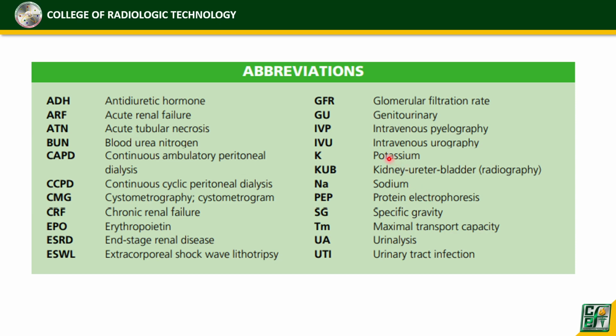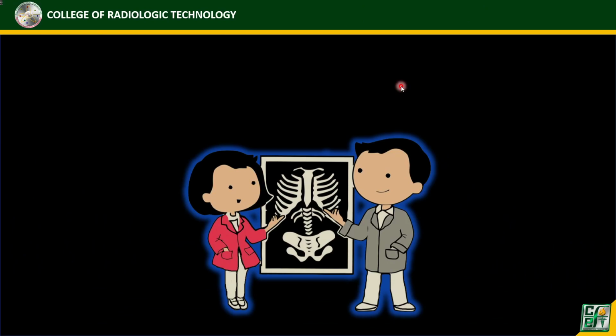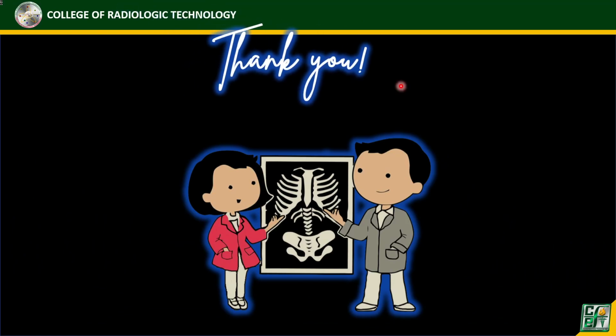Okay. So KUB radiography means kidney ureter bladder. UA means urinalysis, UTI, urinary tract infection. Okay? So, until dyan lang yung ating discussion. And for the rest, you may read your book. Okay? For the next lesson, okay, our